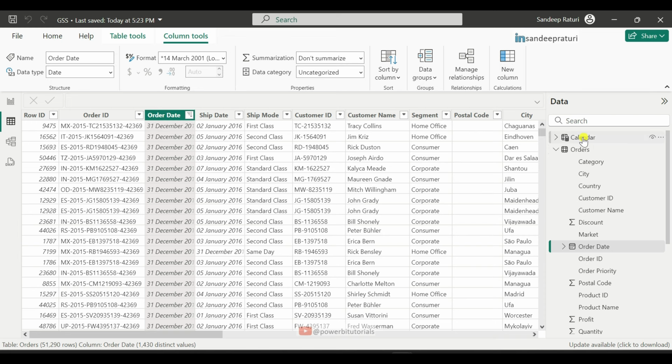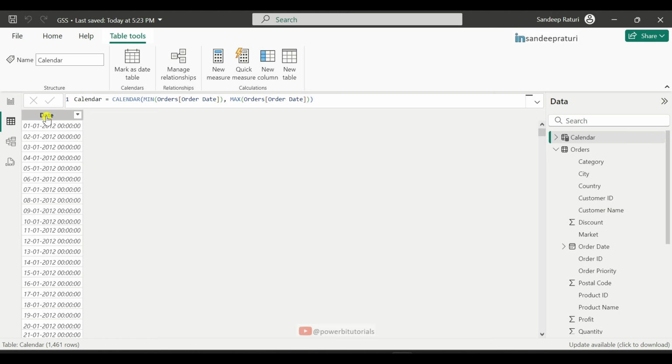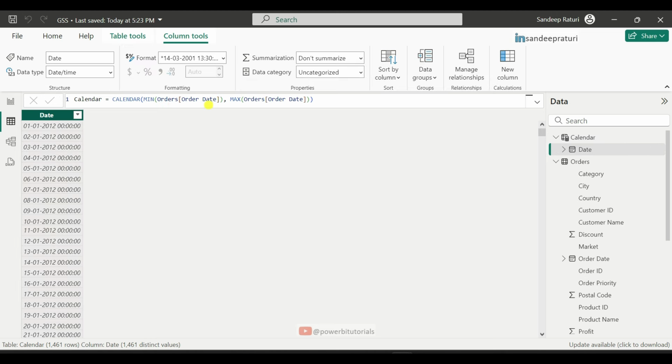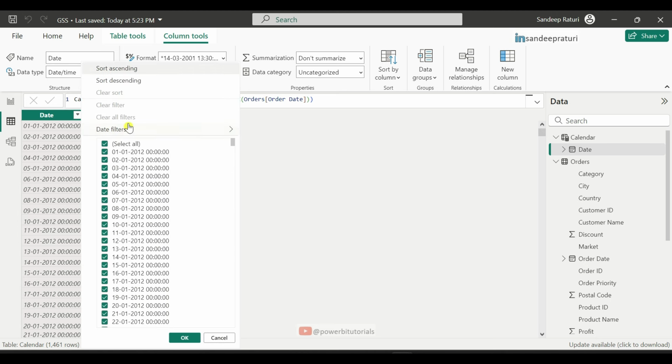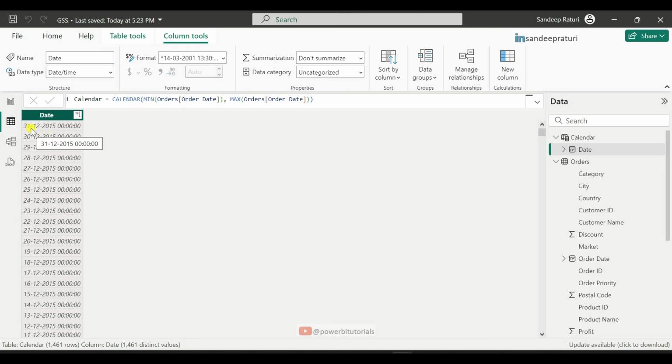And if you go back to the calendar table, you can see the minimum order date means dates will start from 2012, and if you sort the date, here you can see the max date December 2015. So that's the reason we used the min and max order date. So in future if any new date comes in the orders table, it will automatically be added here.